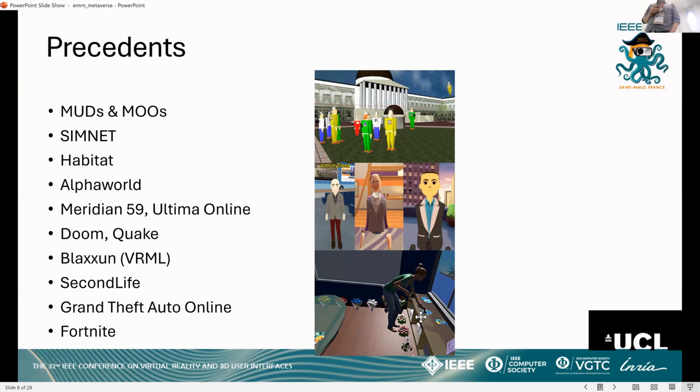At the risk of telling everybody here what they already know, there is a long precedent for these, and the precedents are not just because these are systems with avatars in. They are actually quite interesting technical systems. I've put MUDs and MOOs there and SimNet and things like that because they're really interesting distributed systems, right? With the systems they had at the time, MUDs and MOOs are really interesting in how they work,